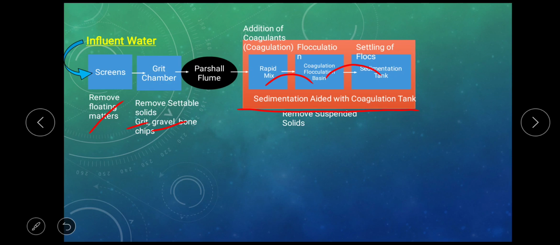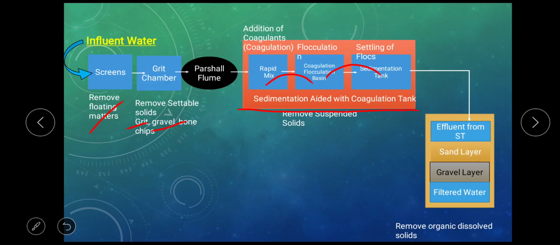Now, the efficiency of any system can never be 100%, so we can say it removes 80% of the suspended solid. The remaining 20% of the suspended solid passes into the next system. Then we provide filter. The function of filter is to remove those impurities which are not removed in the previous unit and to remove the dissolved solid present in the water. So what happens? Water first passes through the sand layer which is supported over the gravel layer. Now most of the impurities get accumulated on the surface of the sand layer. So in this way it treats the water.